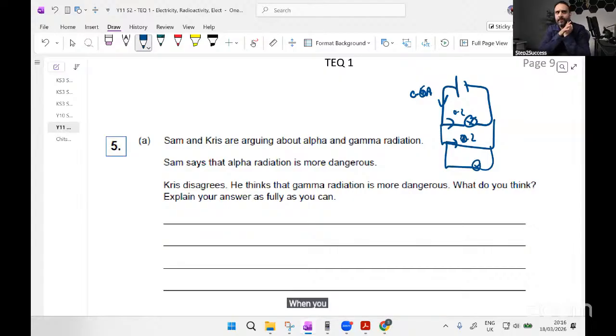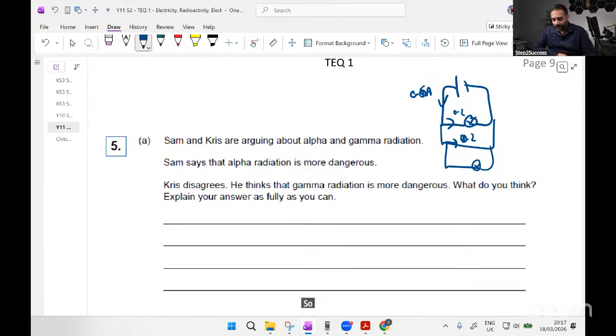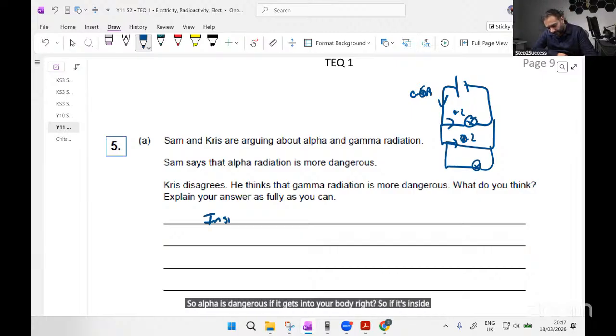When you come to alpha, beta, gamma, and I ask this question when I teach people, I basically say, which one's the most dangerous? Which one's the most dangerous? The answer is always to do with whether you're talking about inside the body or outside the body. So alpha is dangerous if it gets into your body, right? So if it's inside your body,